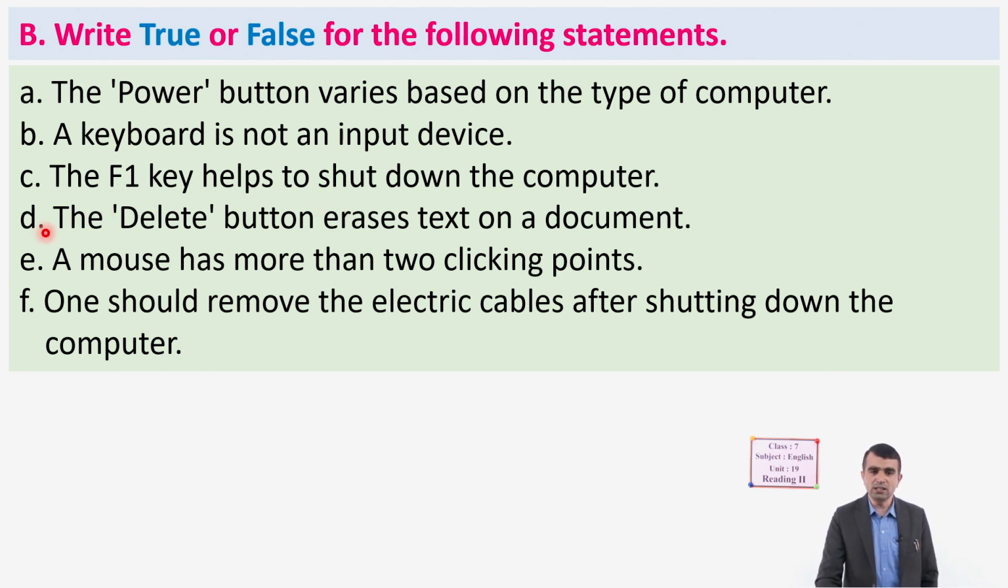D, the delete button erases text on a document. E, a mouse has more than 2 clicking points. F, one should remove the electric cables after shutting down the computer. Okay. Now find in the book whether the statements are true or false, and with pencil in your book you